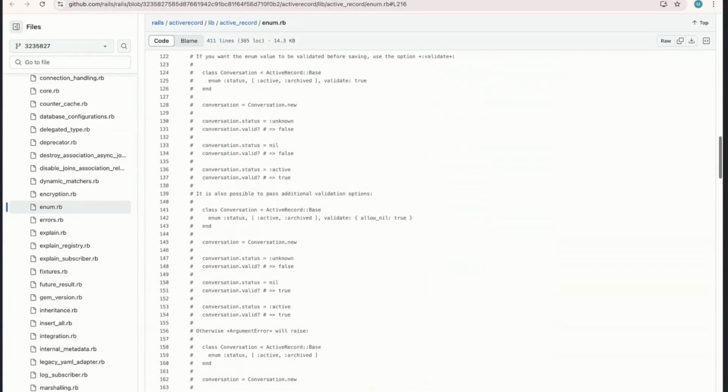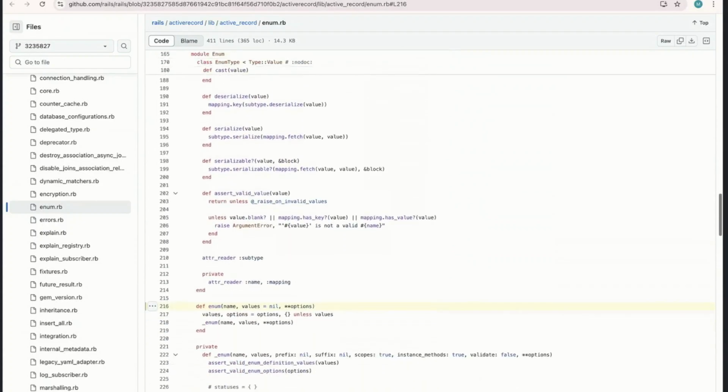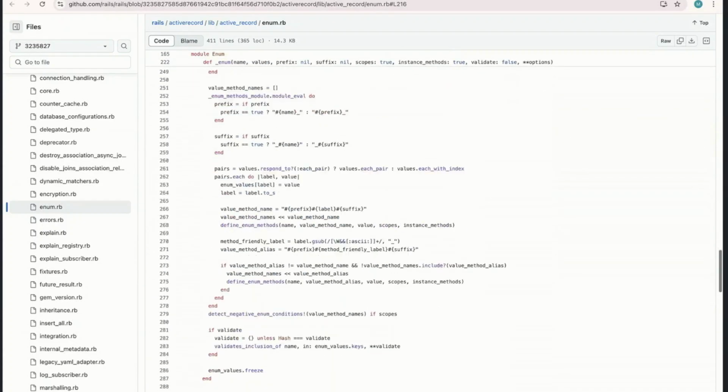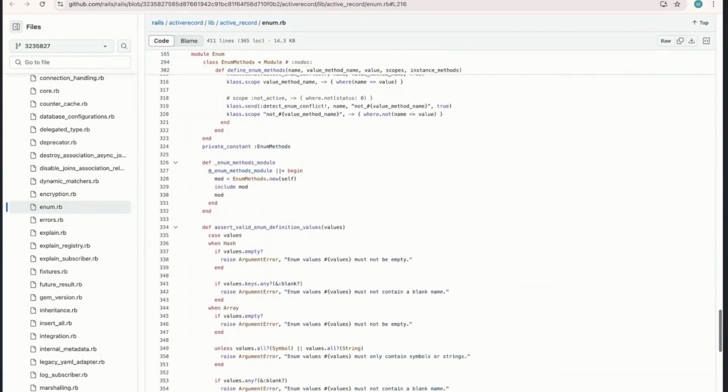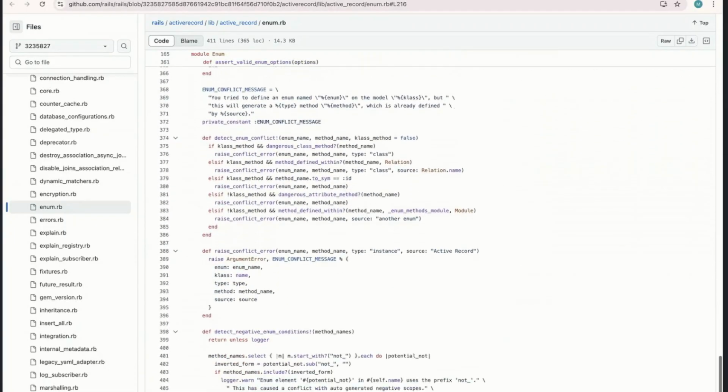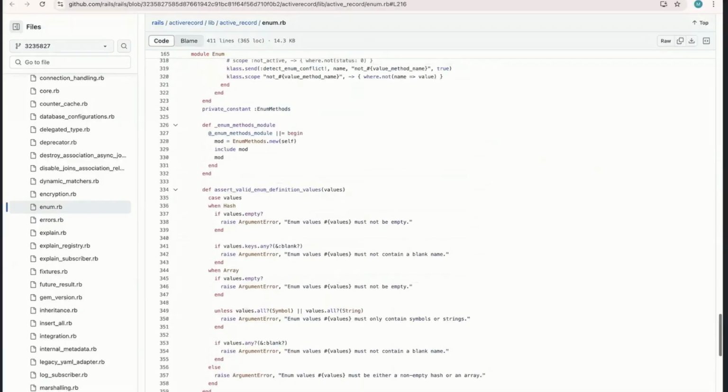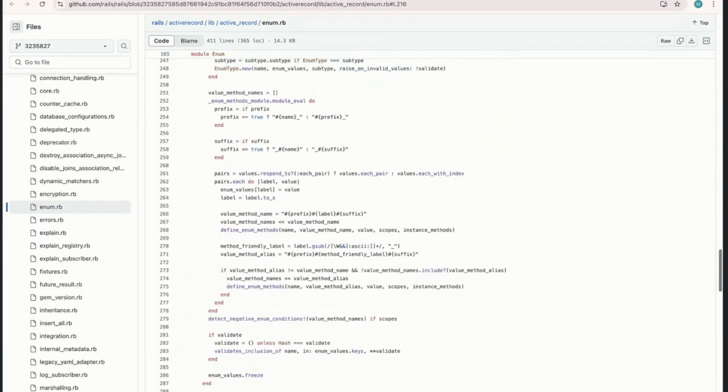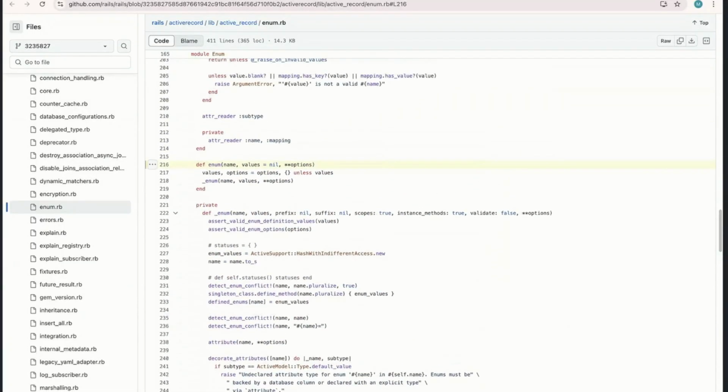This links to the code base where everything's defined about how an enum attribute is constructed. So we're going to go through bits and pieces of this. And you can take this and do it with your language of choice.